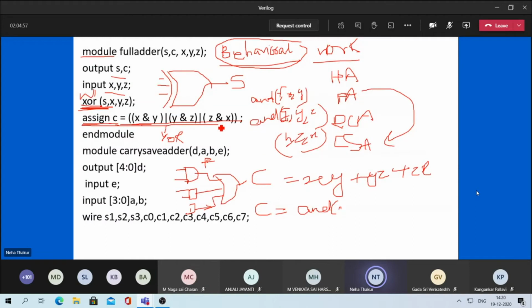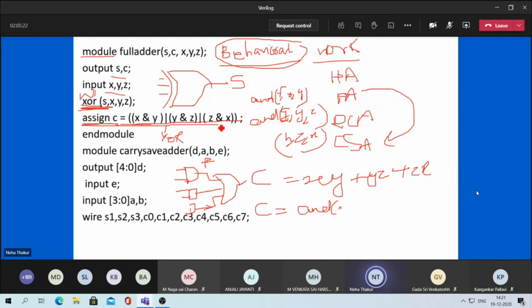So what is behavioral modeling? In behavioral modeling, you write the expressions. See, how do you know the behavior of a person? By looking at his expressions. If suppose some happy event is going on, and somebody is jealous, by looking at his or her expressions, you can figure out what kind of a person he is, isn't it?